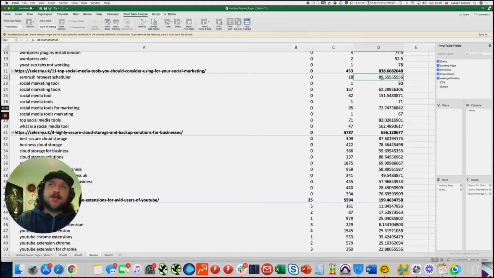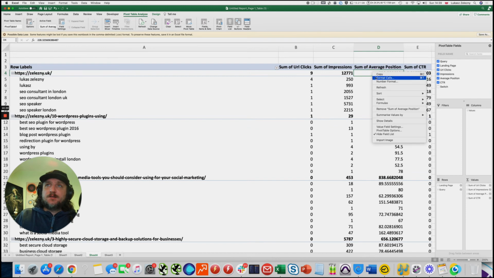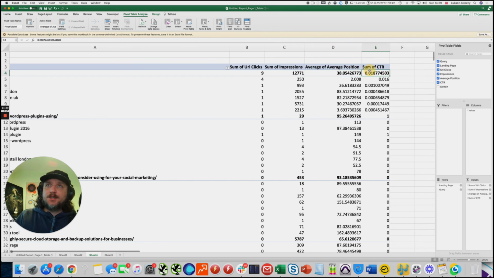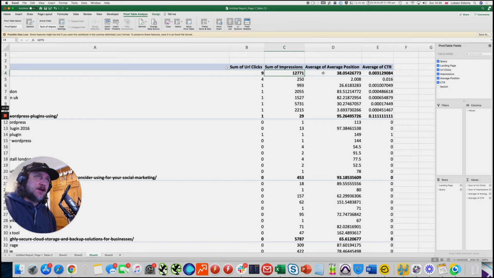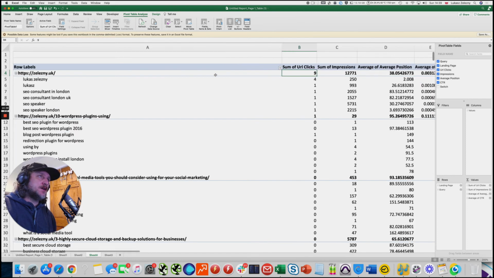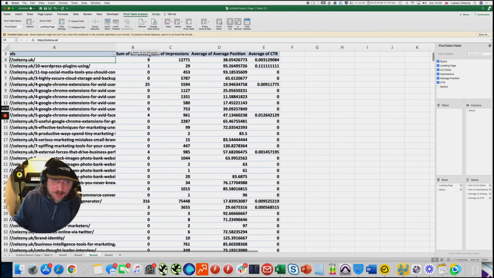You may ask why there is 89.5555. This is average position from the given period of the data. So as you remember, on the beginning of the movie, I took 1st of March 2020 up to 28th of March 2021. We can take CTR here, and we will take, instead of sum of average position, we will change this here to average. Then CTR, we will change this to average. Impressions are summarized and clicks are summarized, and now we will collapse this,